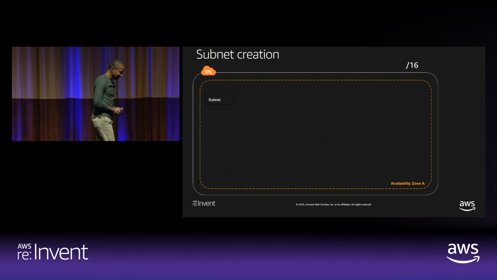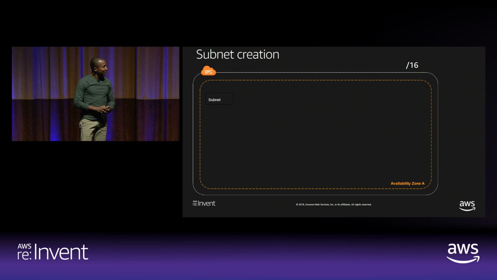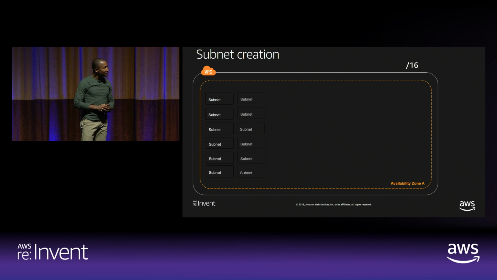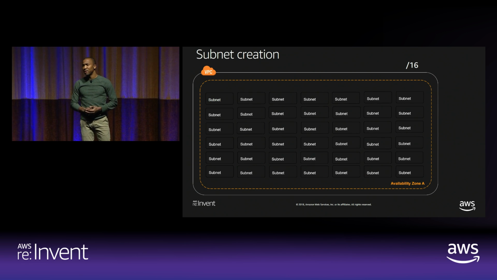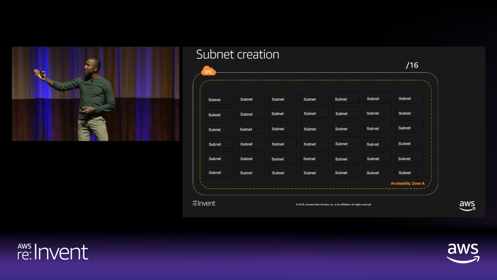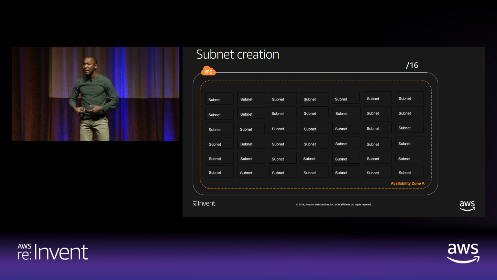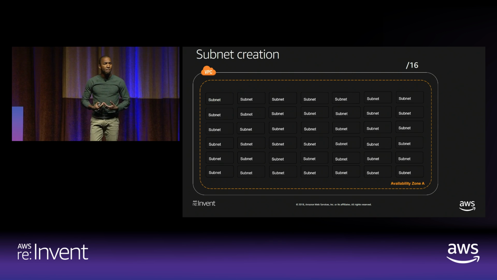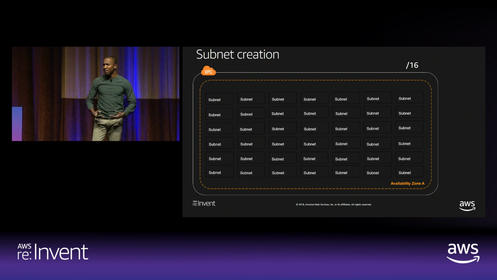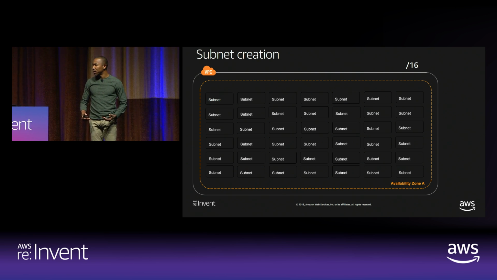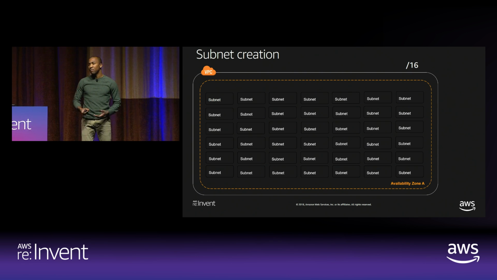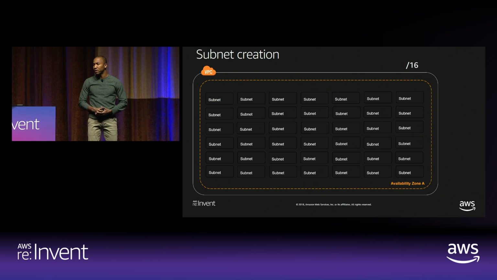So, should my subnet look like this? The answer is no. Because this specific diagram represents a single VPC. Many of you who sit here today have hundreds of VPCs. Can you imagine a world in which you're managing this times 100 or 10 or 1,000? I mean, it becomes a management nightmare for you or your network team.